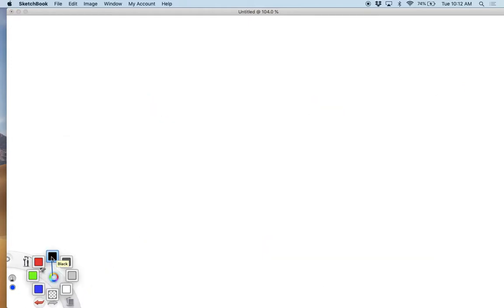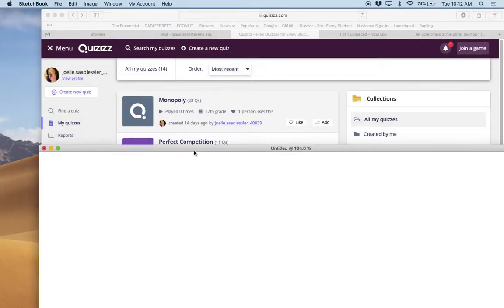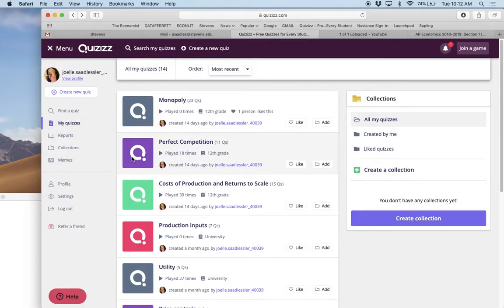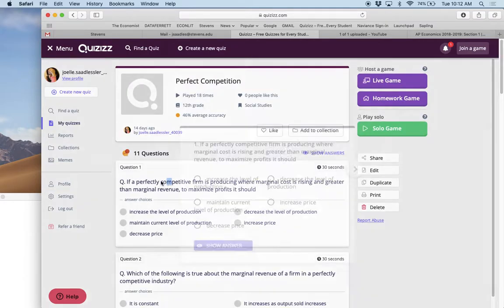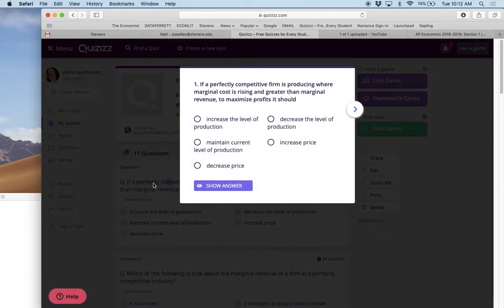Okay. Let's now try to go over the quiz associated with this. Okay? All right. If a perfectly competitive firm is producing where marginal cost is rising and greater than marginal revenue, what should it do to maximize profit? So we know that if you're maximizing profit, marginal revenue has to be equal to marginal cost. Okay? If marginal cost is greater than marginal revenue, that means that